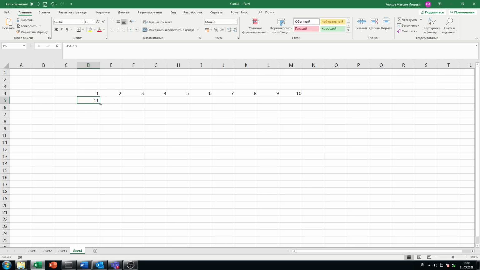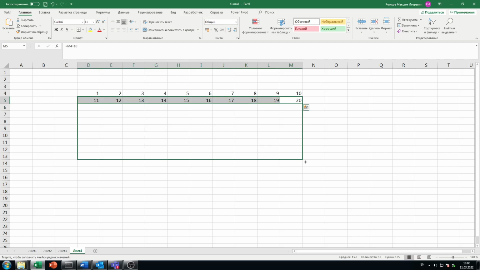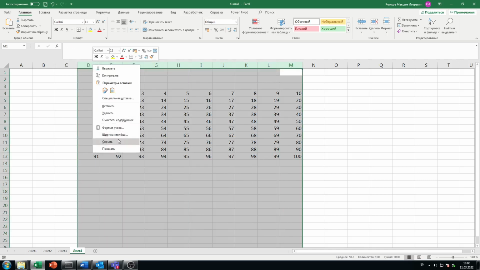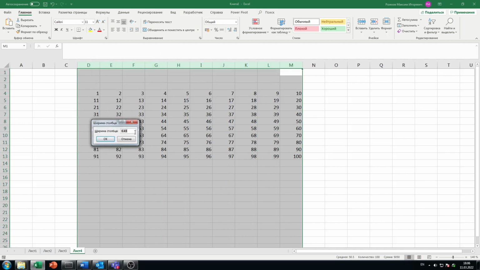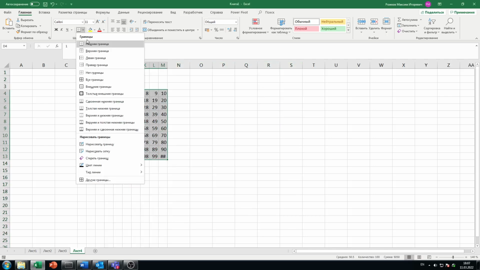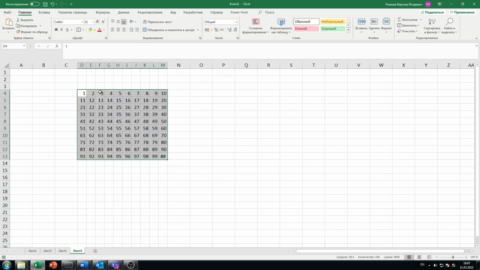So I can just populate the formula and then adjust it manually in order to get the numbers ranging from 1 to 100. Then I can change the width of the columns. For example, let it be 3, so it's presented in a more compact way. Then I can change the borders,